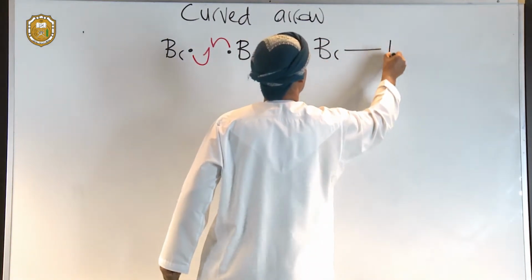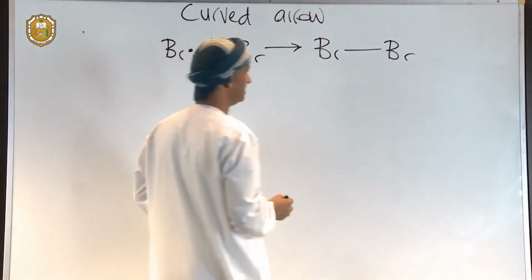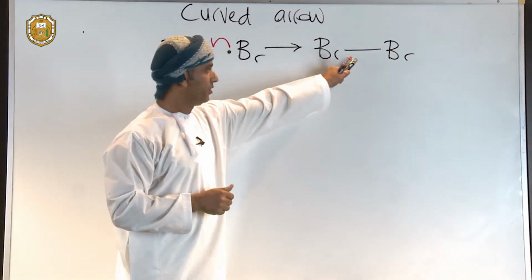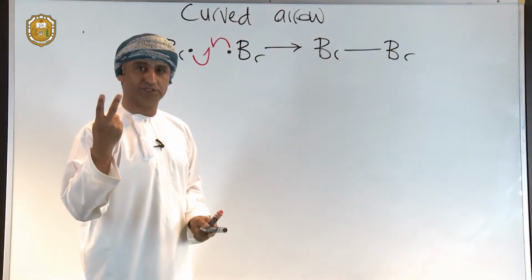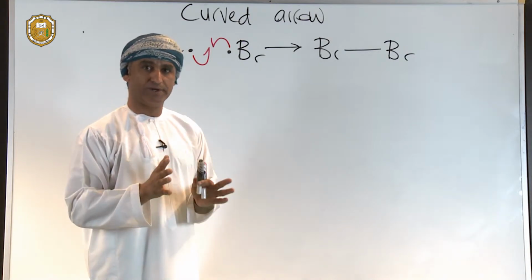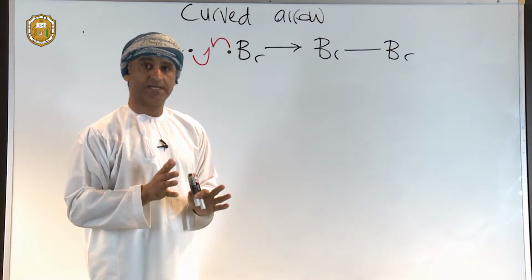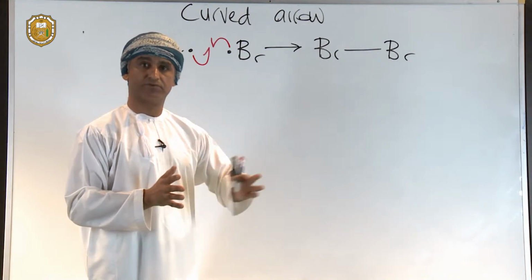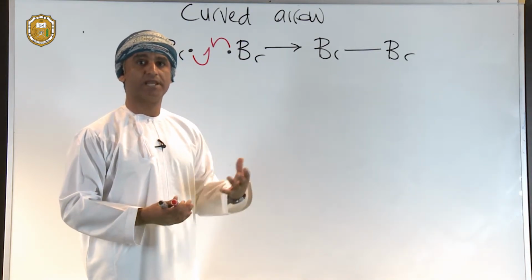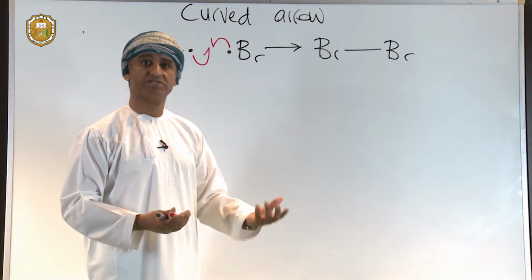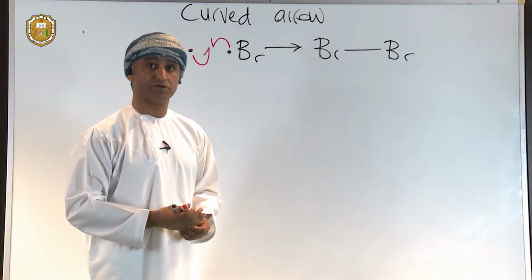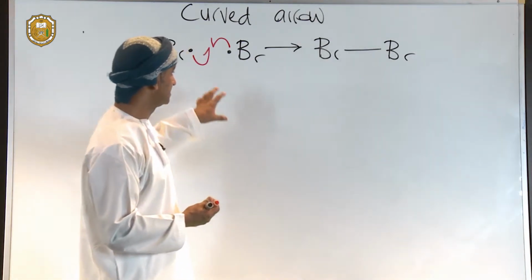And this is the new bond that has been formed. Again, remember, you need two electrons, either homolytically as in radical reactions, or heterolytically as in polar reactions, which constitute the vast majority of organic reactions. So this is a radical type